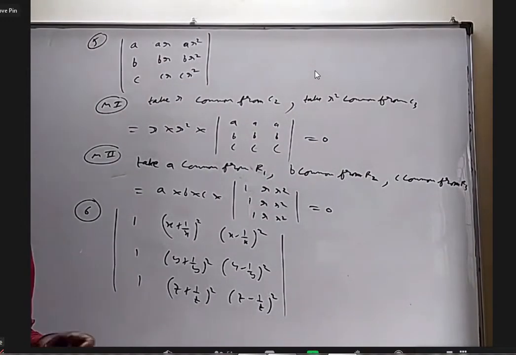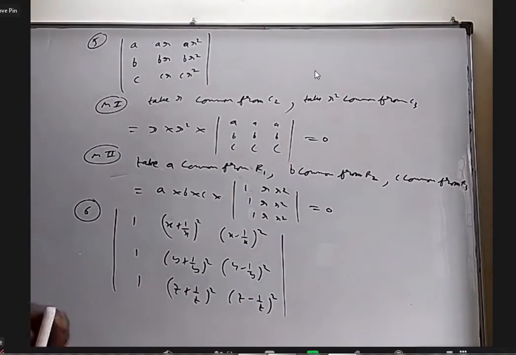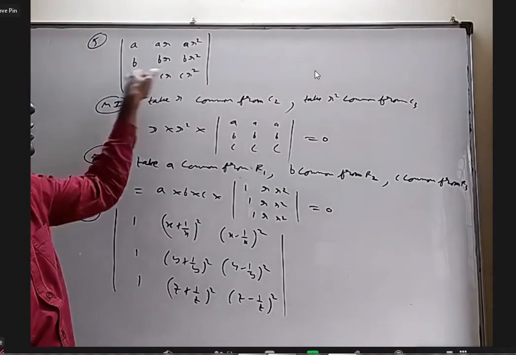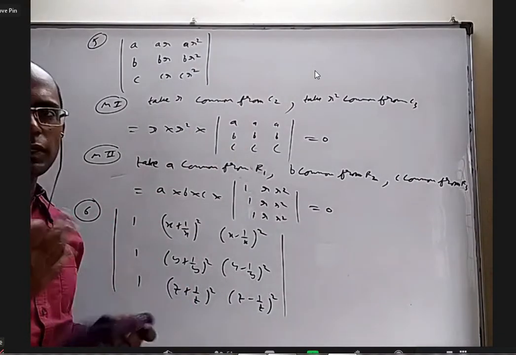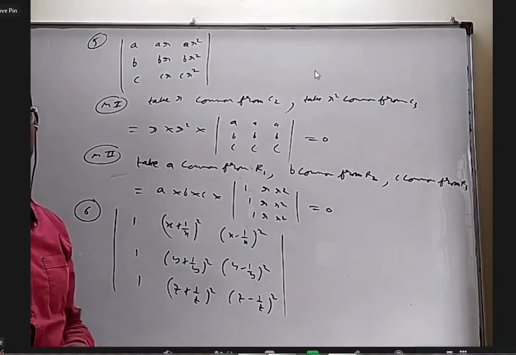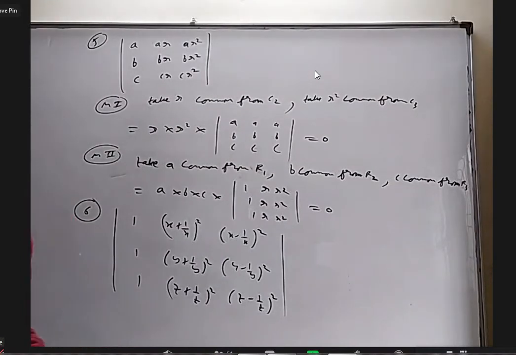Sir, so when elements are in GP also, the determinant will always be 0, no sir? No. These are in GP, these are in GP, these are in GP with the same common ratio only. Whereas in AP, there can be different common differences also. Okay, sir. So same common ratio, only then GP. Yes, understood. Correct. 0.